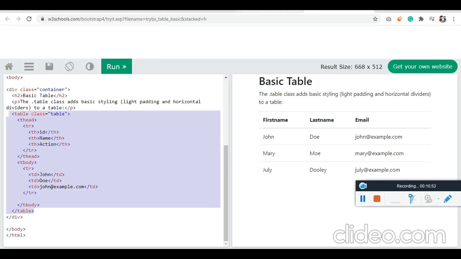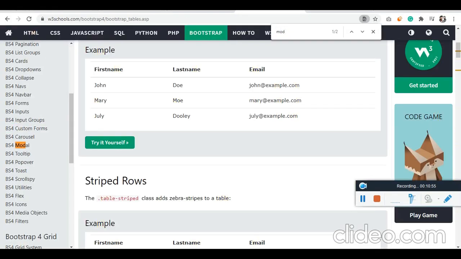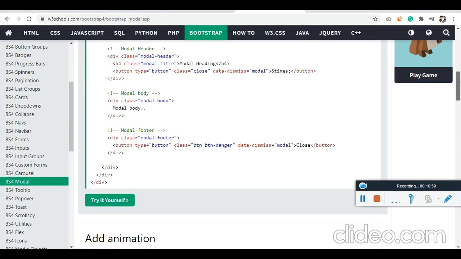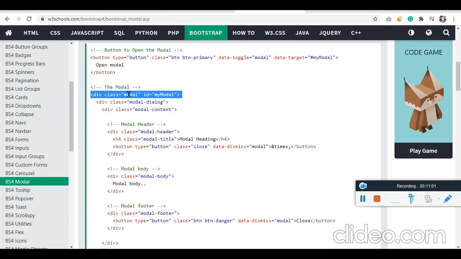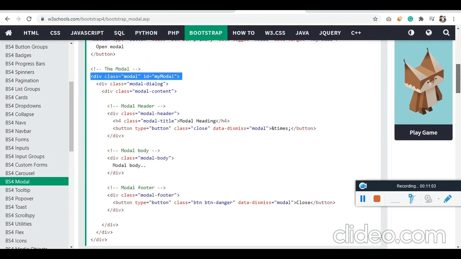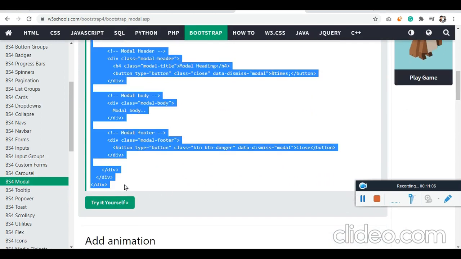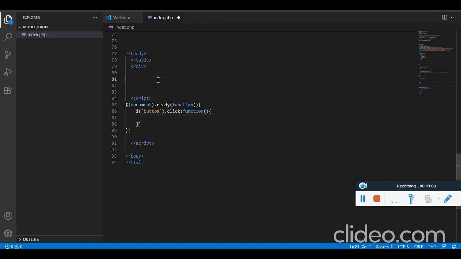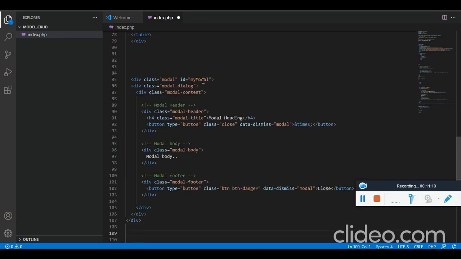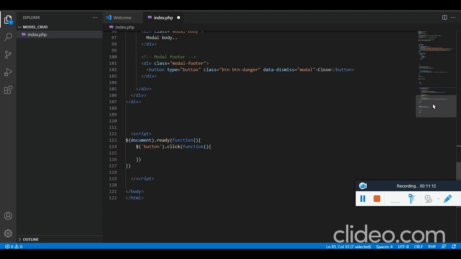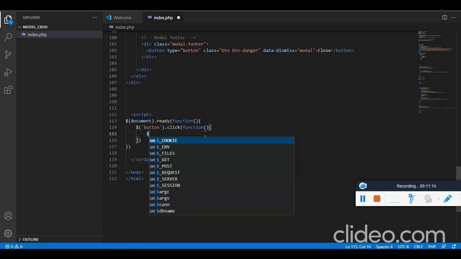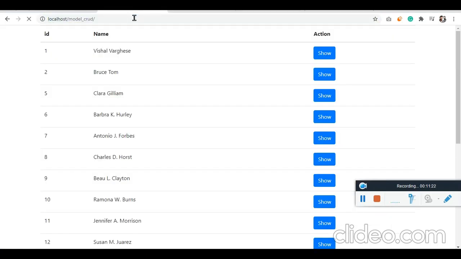So let's get into the modal section. Let's copy the modal code, and paste it just above the script. So call the modal ID. So select it with jQuery dot show. So if I click on button, this modal is going to show.